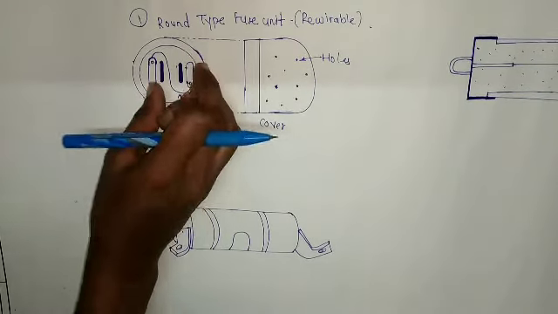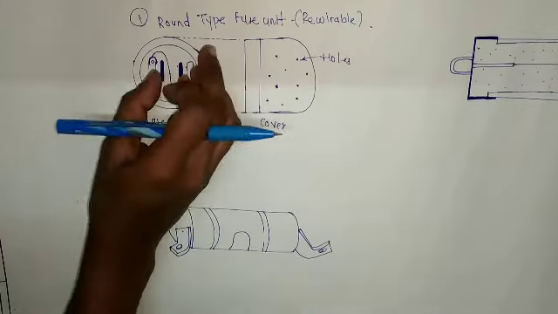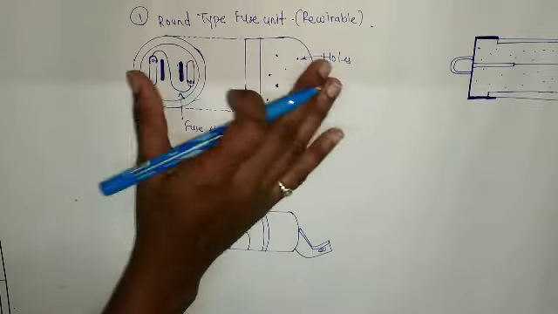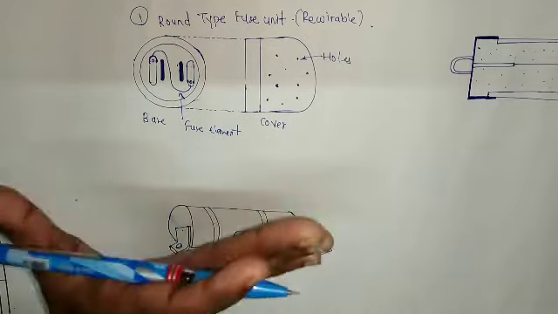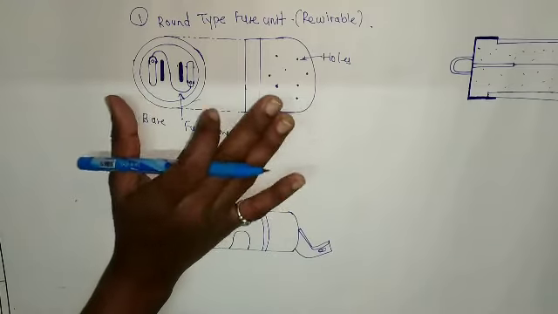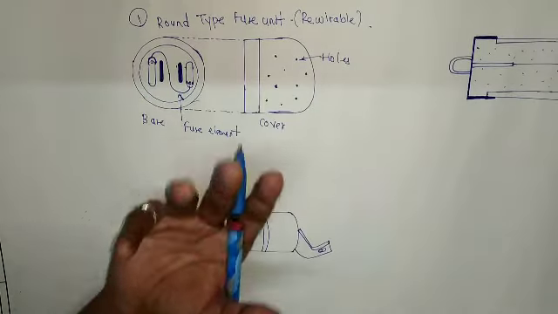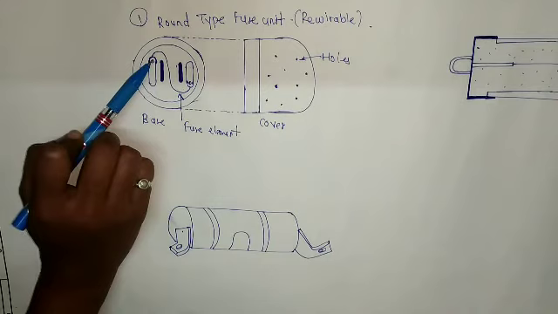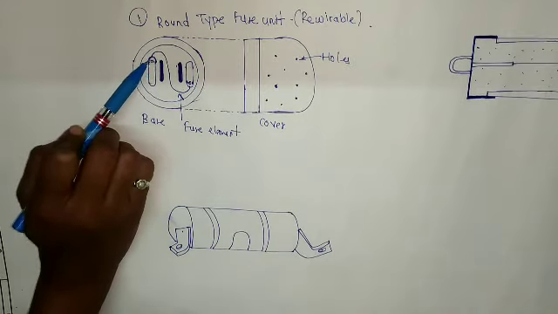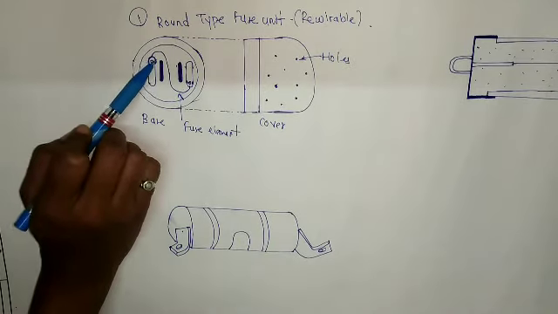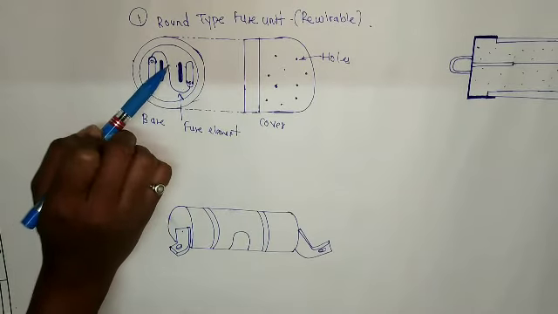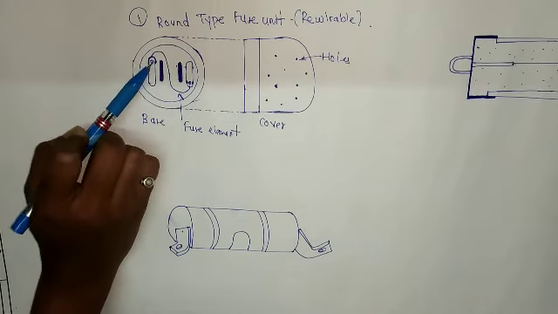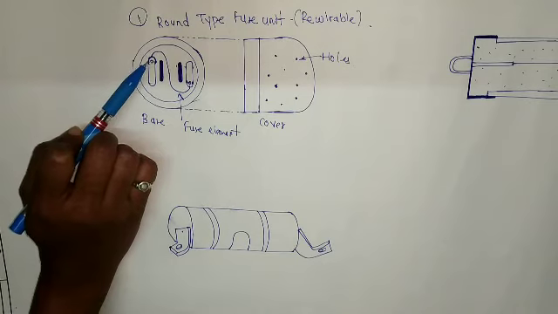So these gases are removed outside through this hole. This part is made of porcelain or bakelite, which are insulating materials. Disadvantage: what is the disadvantage? One of the terminals is always connected to the phase. So whenever there is replacement of this wire, it is difficult to replace. Why is it difficult? Because it is always energized with the positive phase.